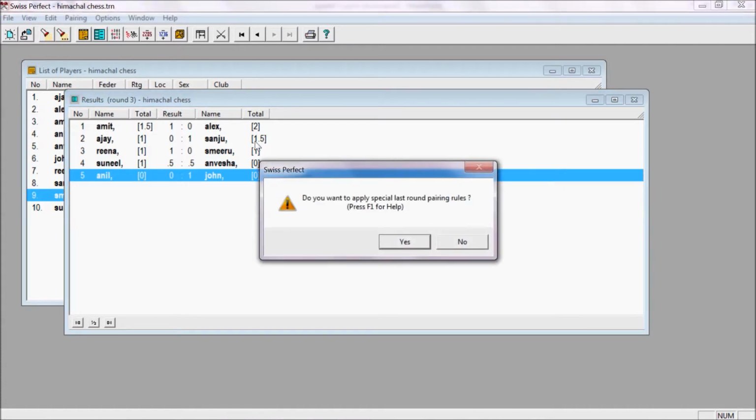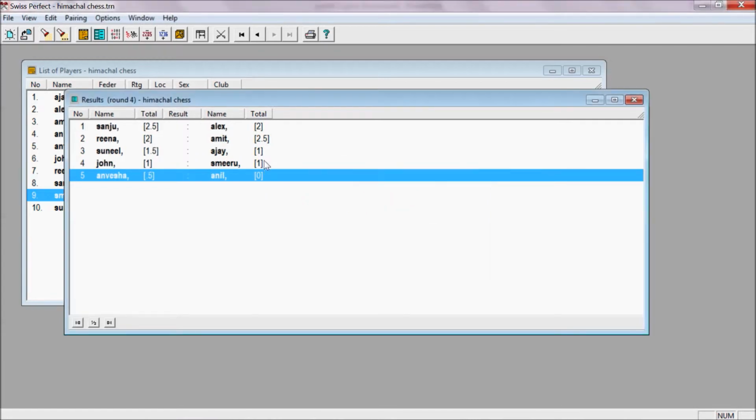Whenever it is the last round of the tournament, it will ask you whether to apply the special last round pairing rules, yes or no. You have to click yes, because for the last round you must apply the special pairing rules.